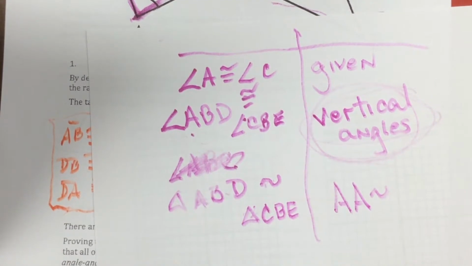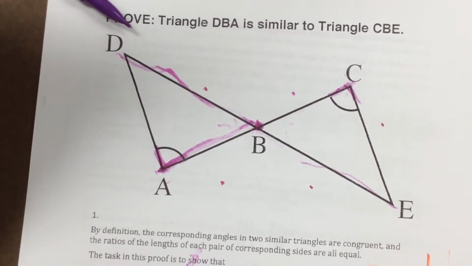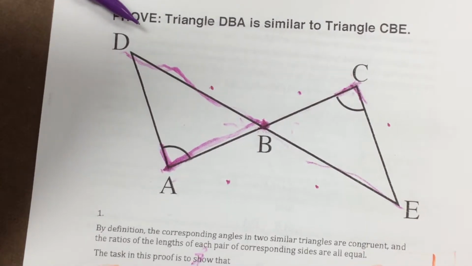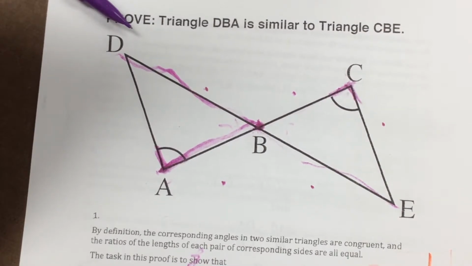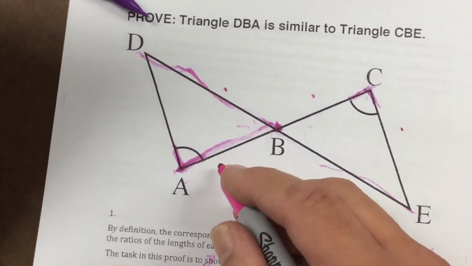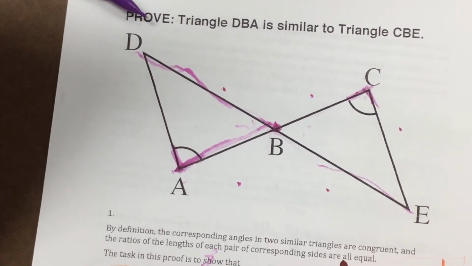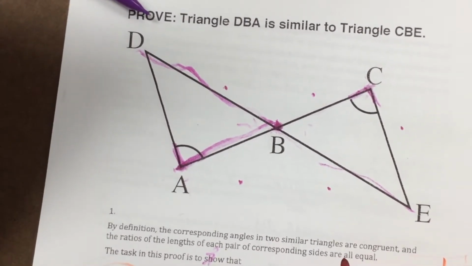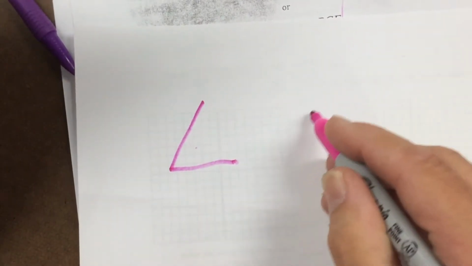So it's two different ways to do a proof based on what you're given. If you're given all 6 sides, you can do side, side, side. If you're given or can figure out 2 angles, you can do angle, angle. But now, what if you're not given 6 sides and you're not given 2 angles? There's one more shortcut that works. If you have 2 triangles,